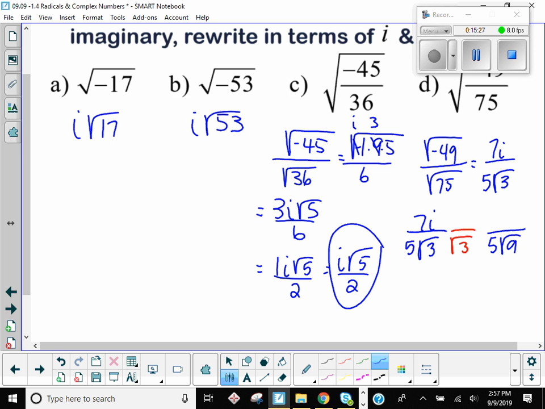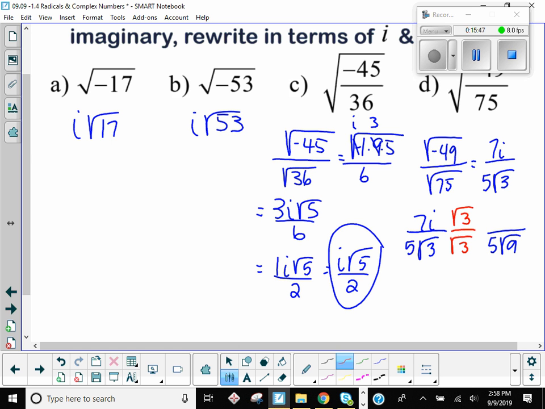And what is the square root of 9? 3. And in a second, you'll see the radical will drop away. But the reason why we have to do it to the top is because if I only did it to the bottom, I've changed the value of the blue stuff. But when I do it to the bottom and the top, I haven't changed the value, I've only changed the